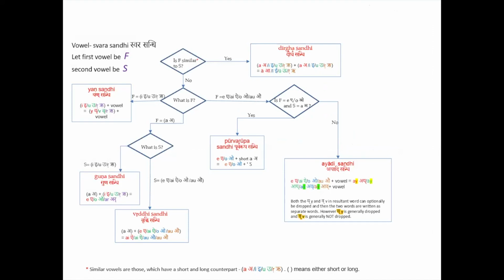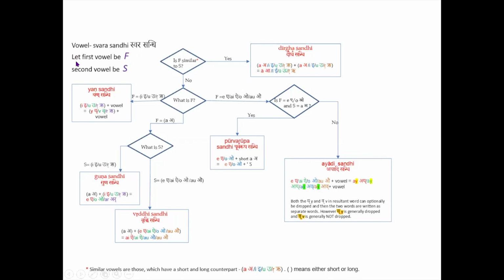If you understand this, you understand pretty much in one page the whole rules of Swara Sandhi. I have also put it in our repository in the PowerPoint presentation, so you can access it from there, as well as in the class notes. But in the class notes it's not so clear because the image is smaller in Google Docs. The PDF presentation file is very clear. It's very good to print out from there, one page. So I'll just explain it to you.